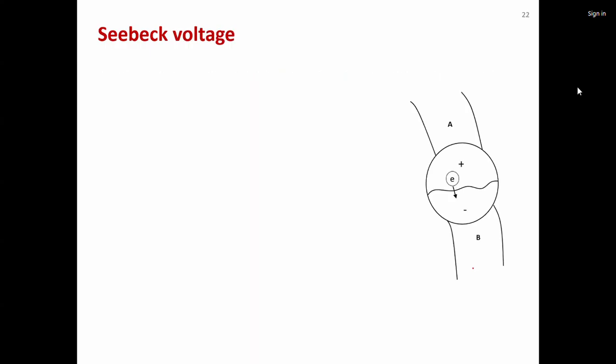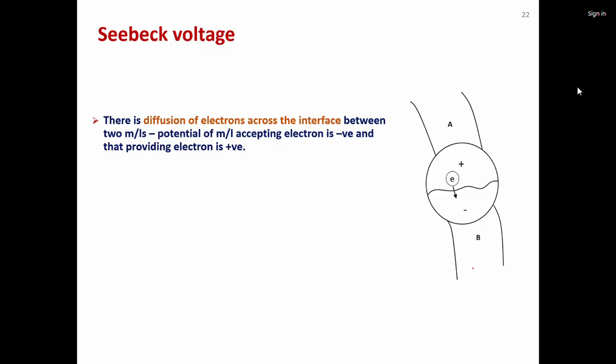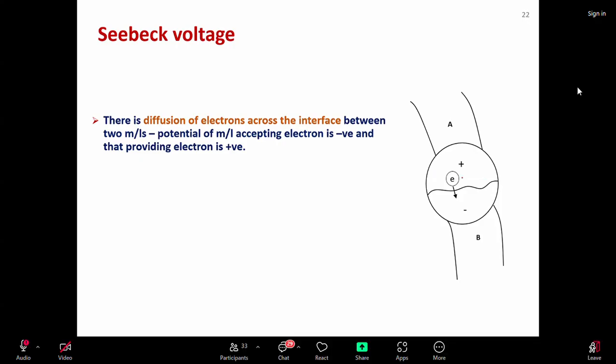So what is it that causes this current? Typically you have two different materials, say material A and material B, and you basically solder them or braze them, fuse them to create this junction. And when you form this junction,